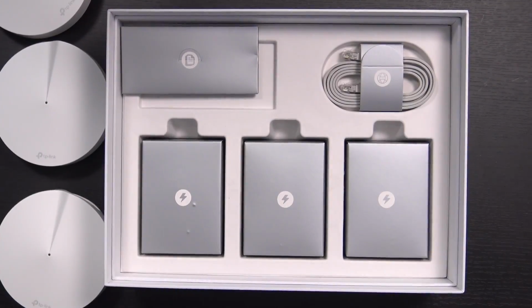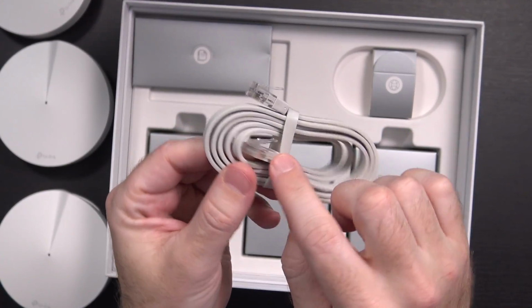And then under those, of course, you get 1 Ethernet cable. This is gonna plug into your internet connection. Cable modem, DSL, whatever it is that you have, this should plug directly into that. Unless you wanna plug it into your existing router, which is probably what I'm going to be doing, in which case I'll take one from one of the base stations, plug it directly into my router, and it should just